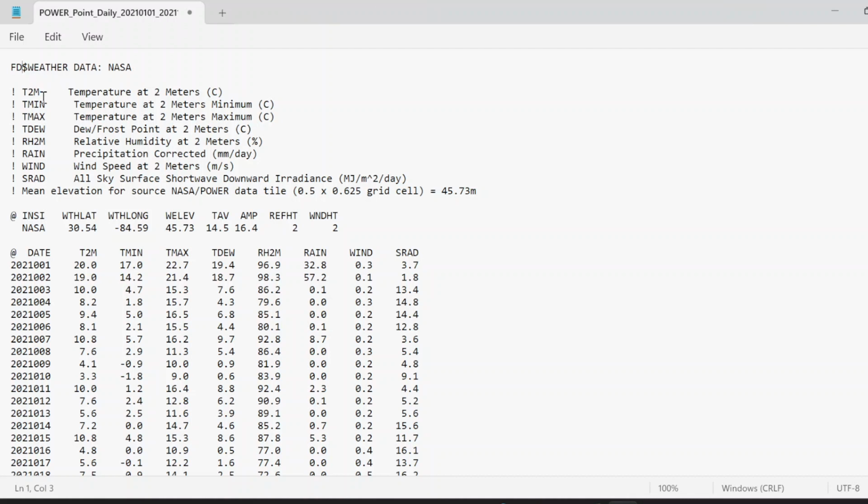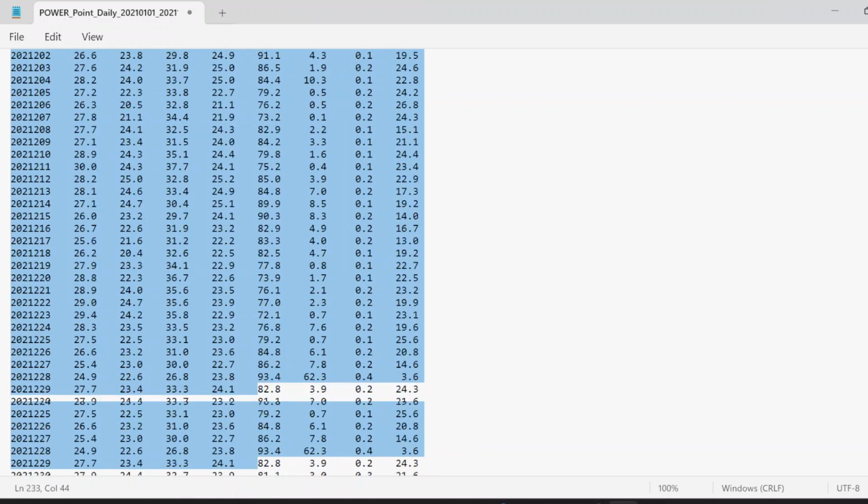We can see here that these are the descriptions. T2M means temperature at 2 meter, T2M minimum, T2M maximum, but we only need T minimum and T maximum. We need rainfall, with the unit available here, millimeter per day, and solar radiation. So what we are going to do is select all of this, and we also need elevation. So this elevation is 45.73. We need this elevation. So let's go here and copy all this stuff from here,